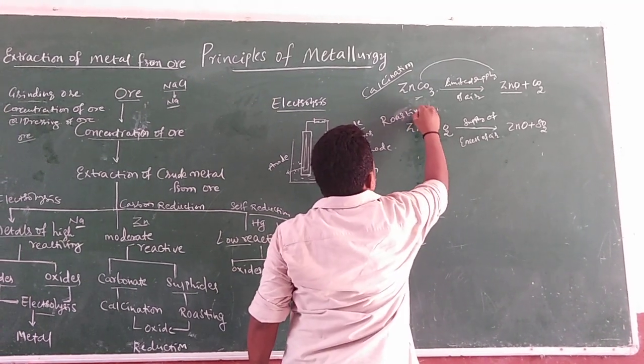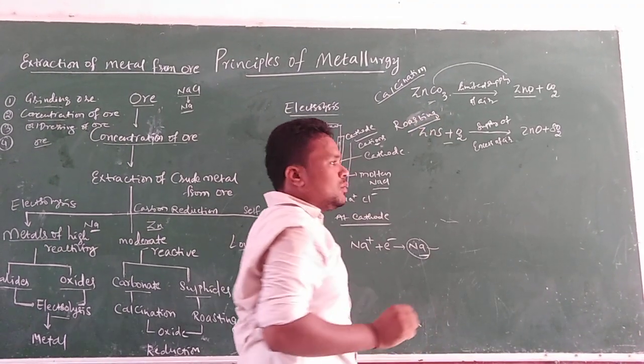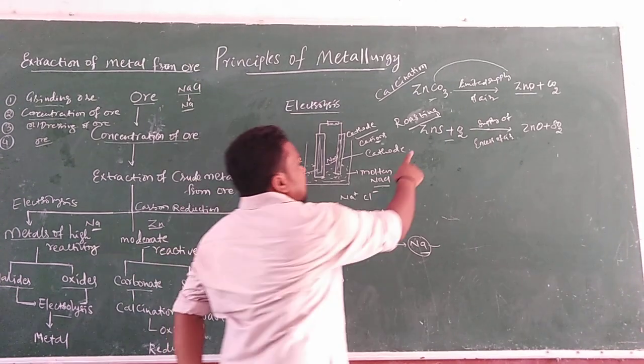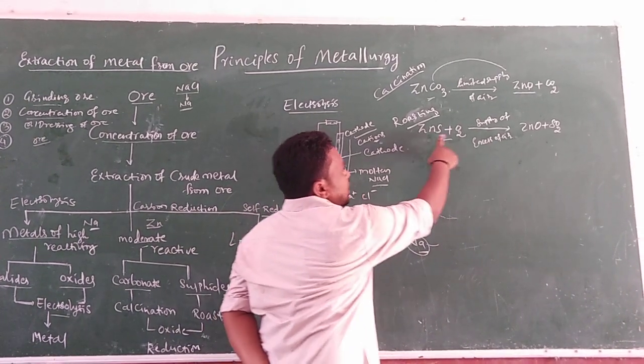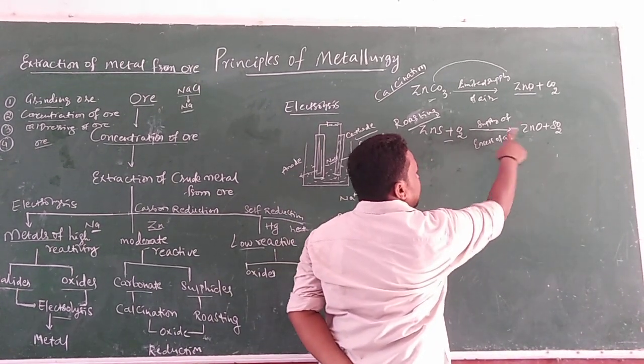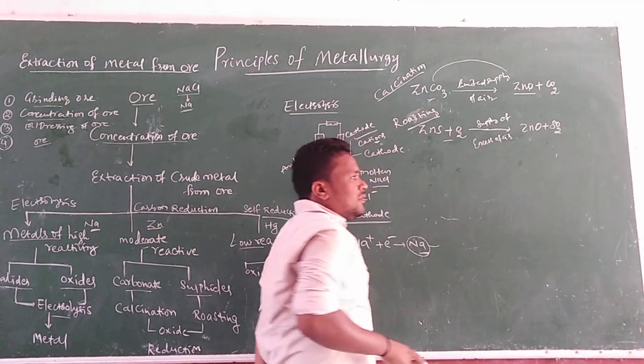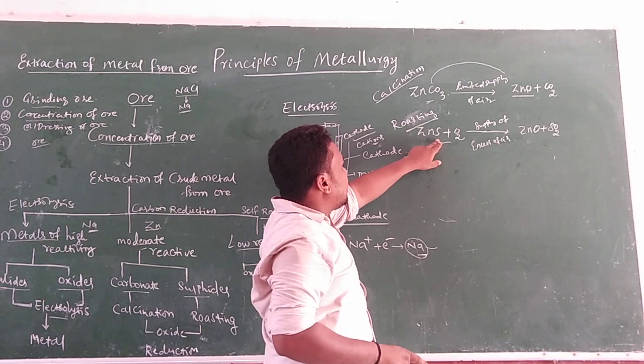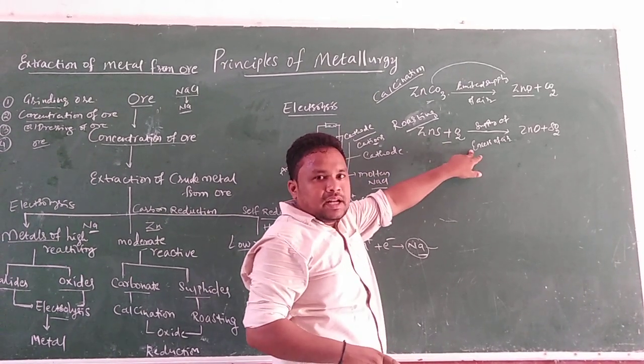This is also an important question. Define roasting. They will ask it from the examination point of view. The sulfides of the metals are converted into oxides of the metal in the presence of excess of air. In calcination, a limited supply of air is there. Here, a supply of excess of air is there. That is said to be